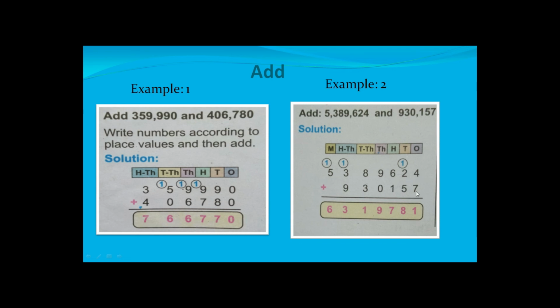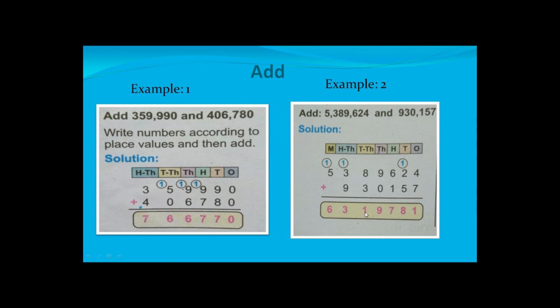4 plus 7 is 11. If it is 11, it means a 2-digit value. 1 will be carried and 2 is carrying it. 2 plus 1 is 3. 3 plus 5 is 8. 1-digit value, so there is no carry. So 6 plus 1 is 7. 9 plus 0 is 9. 8 plus 3 is 11.